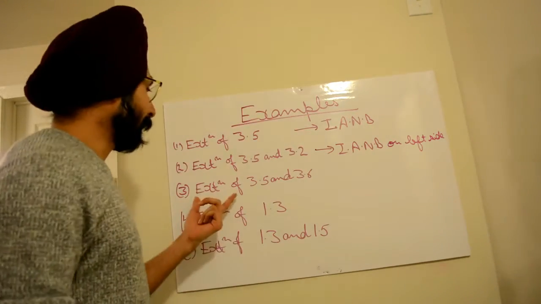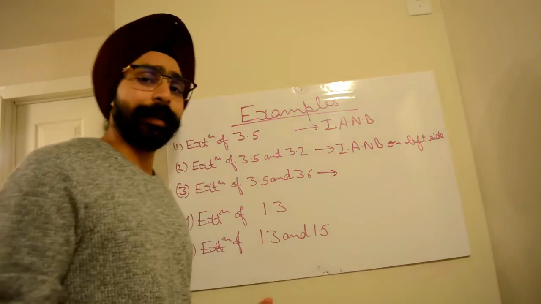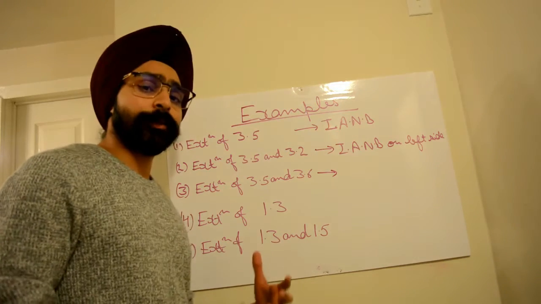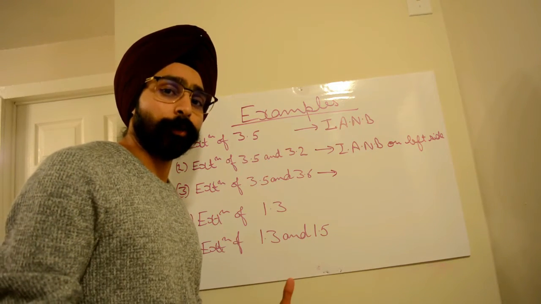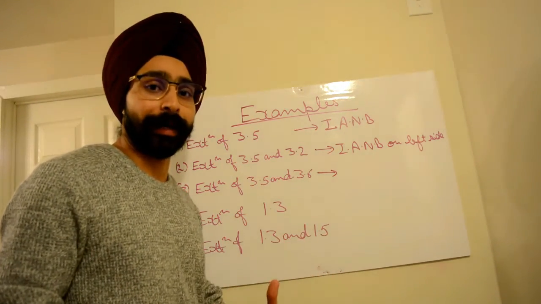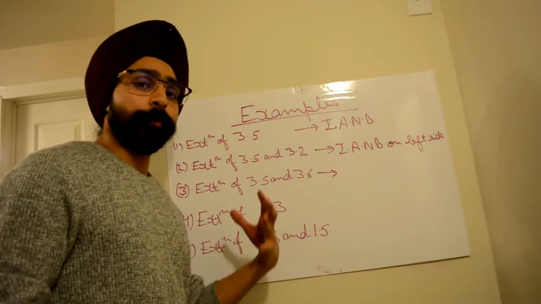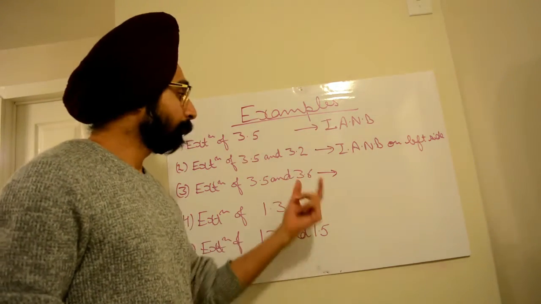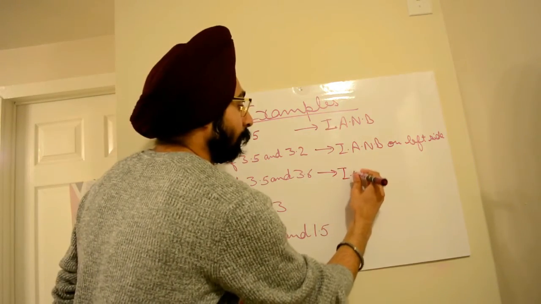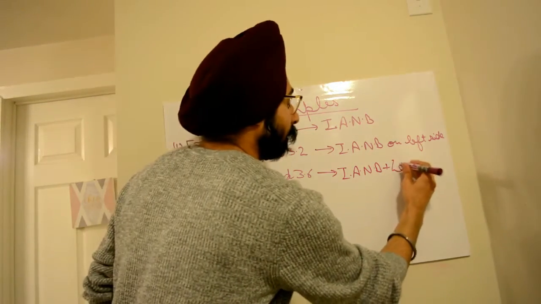Third example is extraction of tooth number 35 and 36. Friends, here's a catch. The inferior alveolar nerve block does not anesthetize the mucobuccal periosteum related to molars in the mandible. So we need to anesthetize the mucobuccal periosteum for 36. In this case, we will give inferior alveolar nerve block plus long buccal